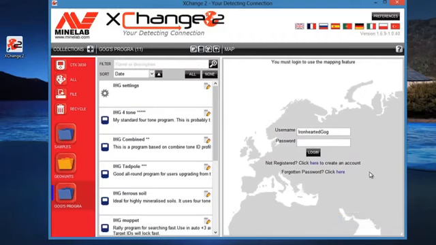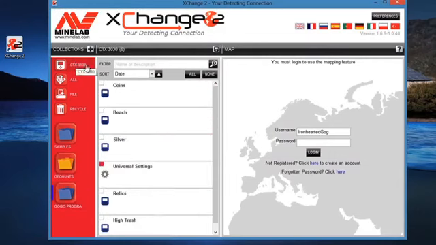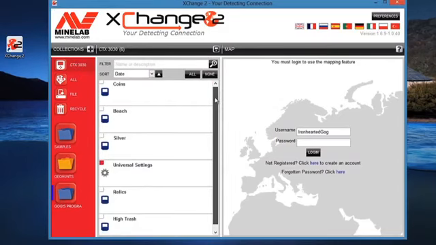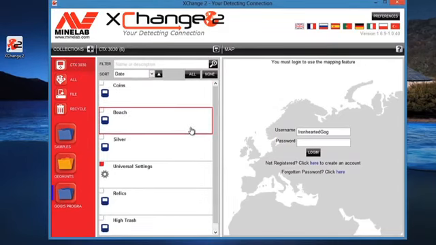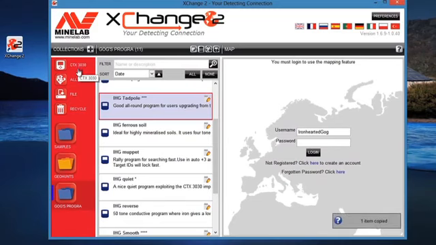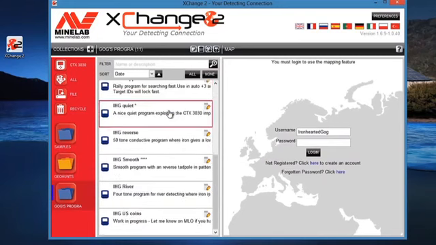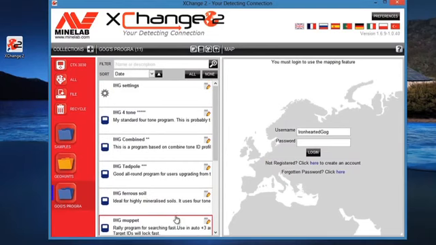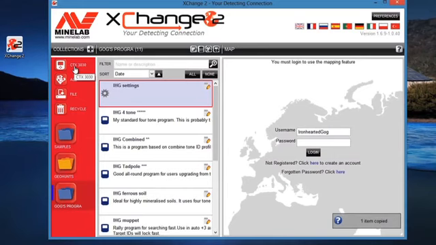So once you've got a connection, you'll see in the left-hand red panel, CTX 3030 appears at the top. Now we're going to transfer a couple of files over onto the CTX 3030 from those downloaded files. So first, we're going to transfer over a mode. This is IHG Tadpole. Drag it onto the CTX 3030, and there it is. It's one item copied. And then next we're going to actually transfer across the settings as well, drag that over, and that copies also